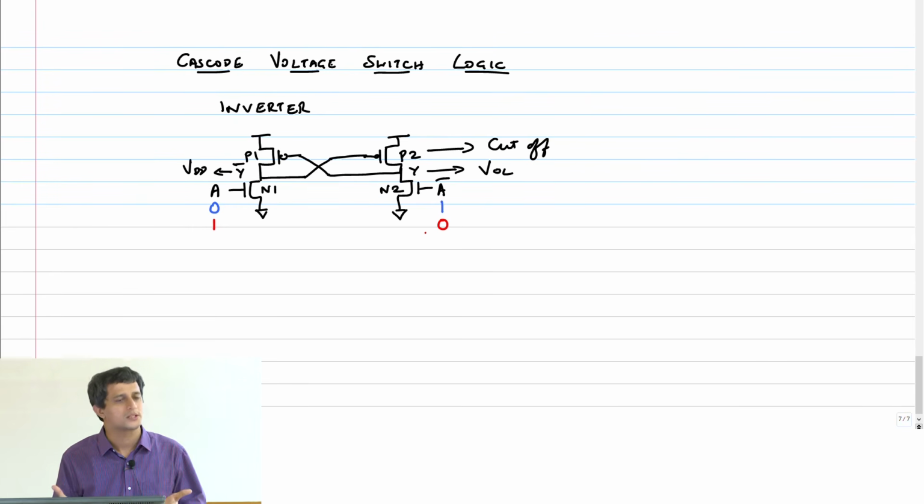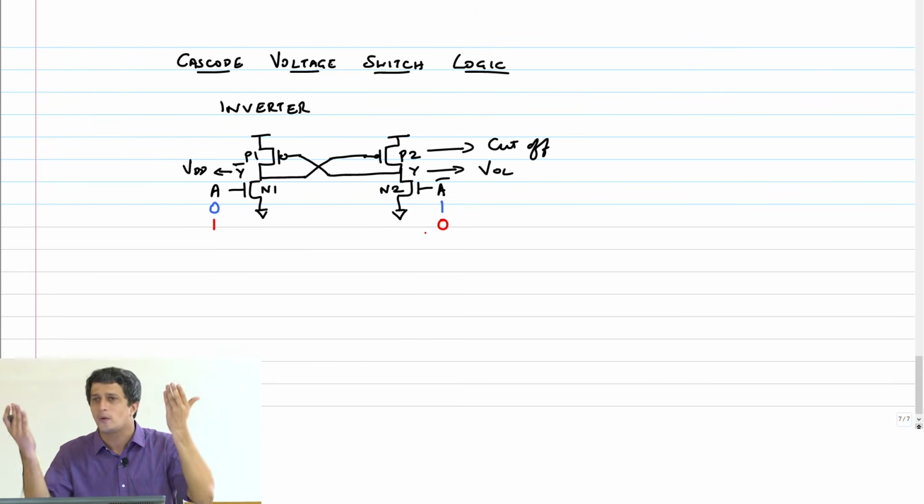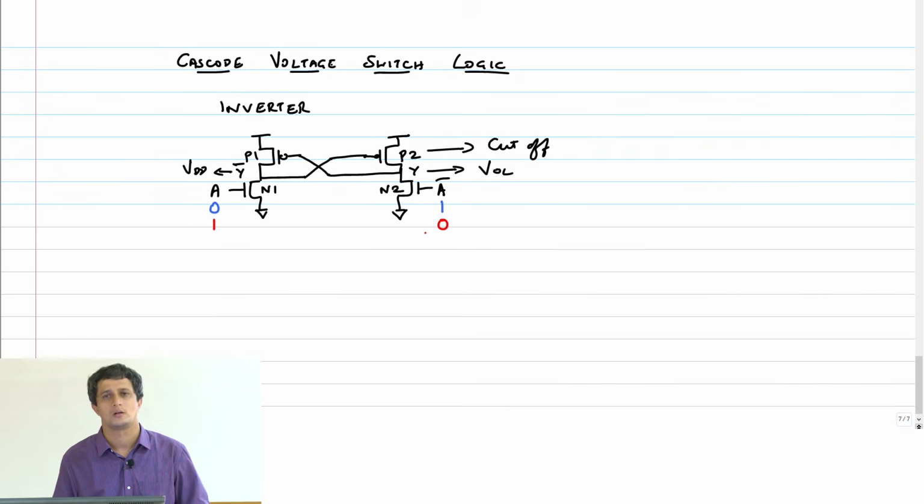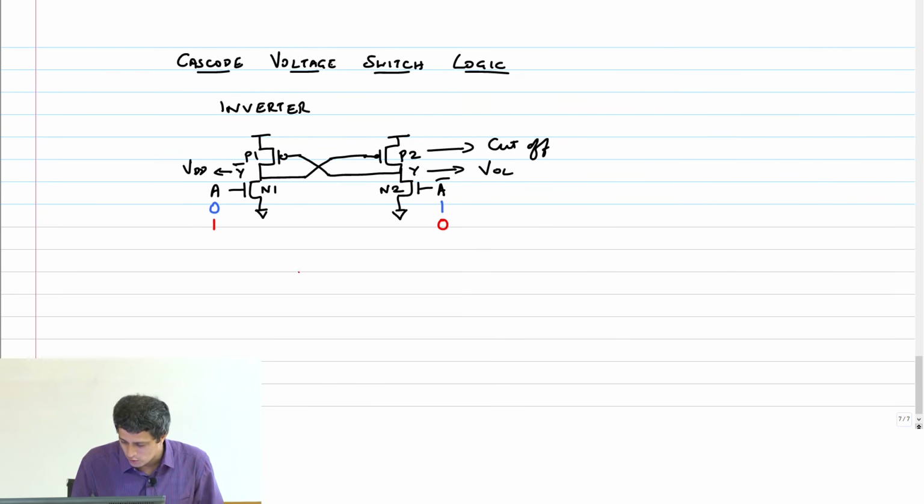So how do I take this logic and generalize it to any implementation, right? Suppose I want to do a NOR or a NAND, right? So it's very simple. I'm going to look at a NAND 2 gate.